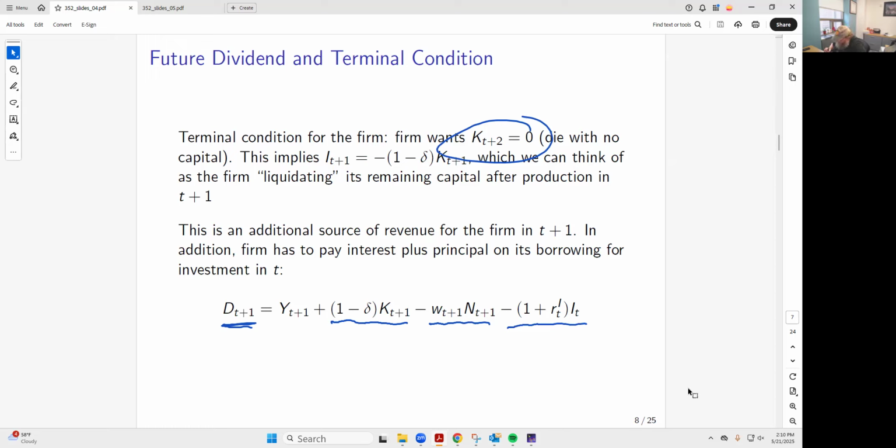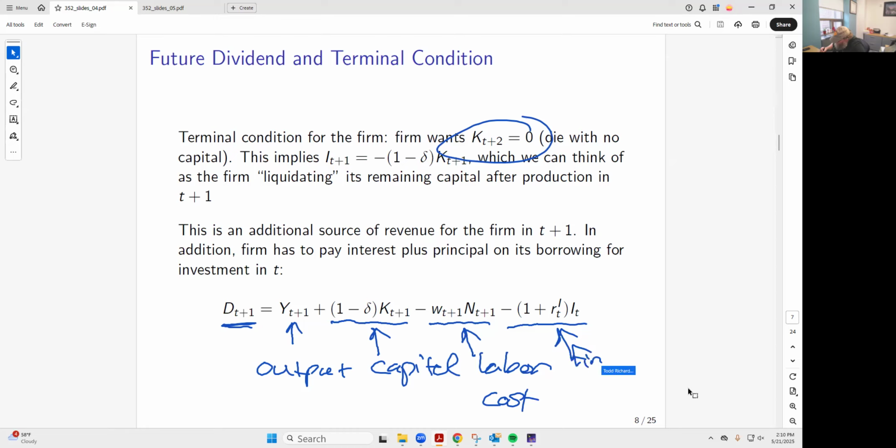Okay. So again, we have output here. We have capital. We have labor cost. And we have finance cost. So you can now see, what does the interest rate do to the dividend? What does labor do to the dividend? What does capital accumulation do to the dividend? And so this makes a relatively easy model in which, from the firm's perspective,